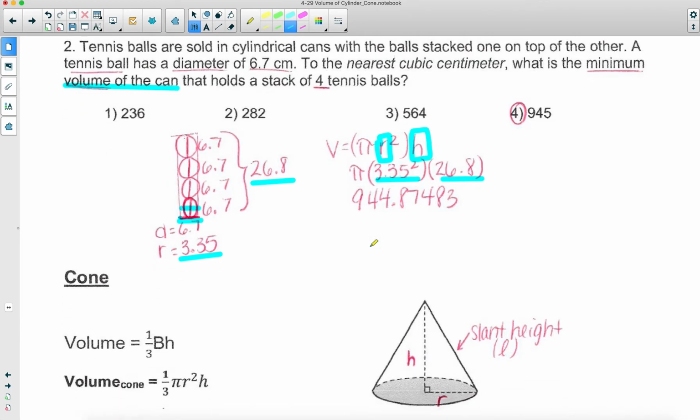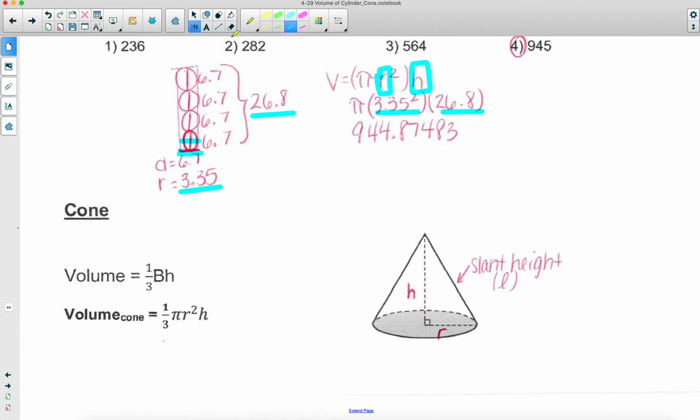All right, moving on now to a cone. So a cone is similar to the pyramid in that it comes up here to this little point. But what's different about a cone is that a cone relates to a cylinder. So how do we find the volume of a cone? The volume of a cone is actually 1/3 the volume of a cylinder, which is pi r squared times